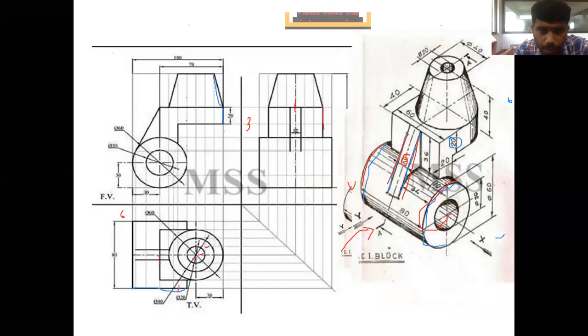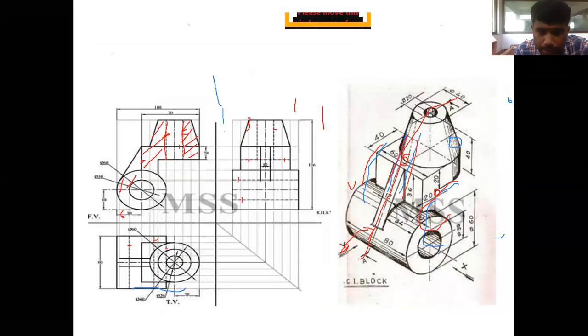We'll be completing this portion. After this, it has been asked for the sectional views. Sectional views, to see for the sectional views.